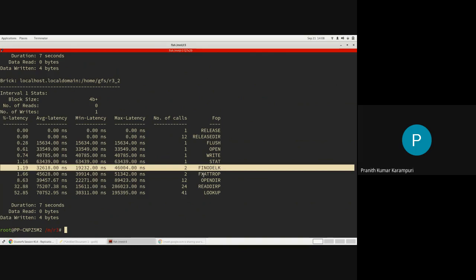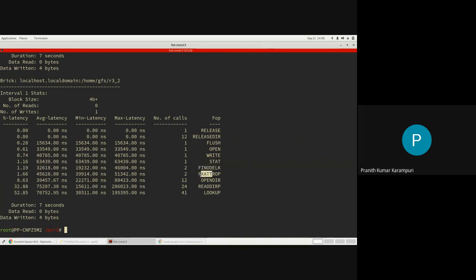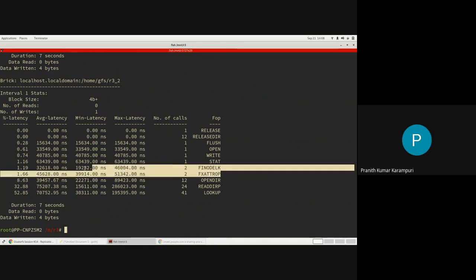The xattrop is also FD based, but that is one for pre-op and one for post-op. That's why you see 2 in both of them. So you can see 5 operations over the network right here.